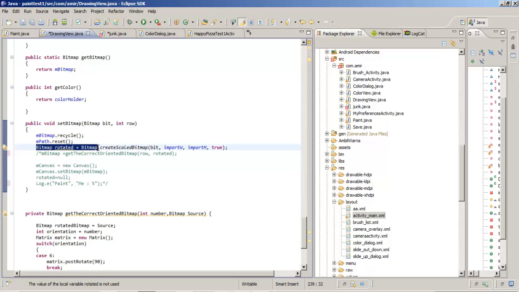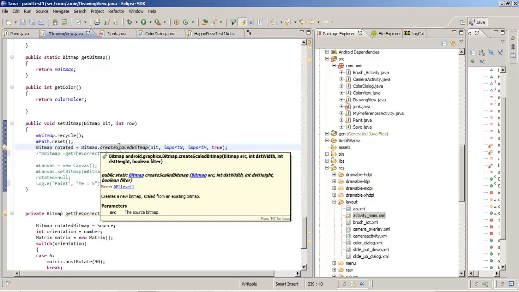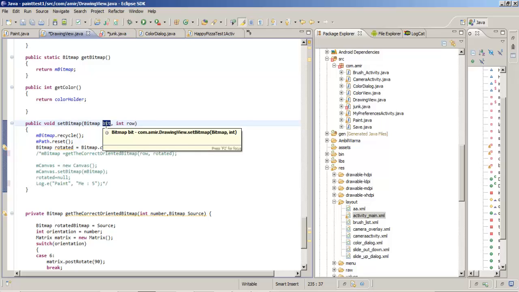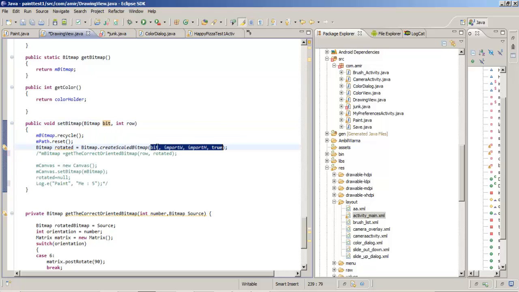Rotation. I'm resizing it for the size of the physical screen for the user. I forgot about that. So I take the image that came in, and here it is here, right? It comes in as a regular, whatever, 267 by 743, whatever. And I'm resizing the shape of it to the shape of the screen. What is the shape of the screen? It's called imported width and imported height. I measure the height of the screen and width of the screen when the app first starts, and